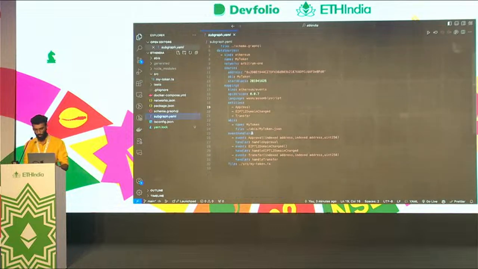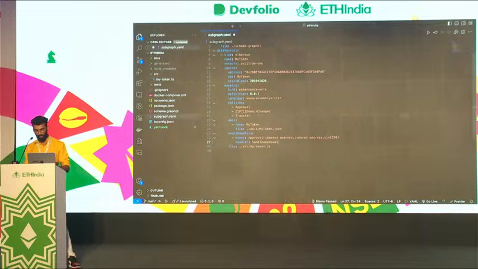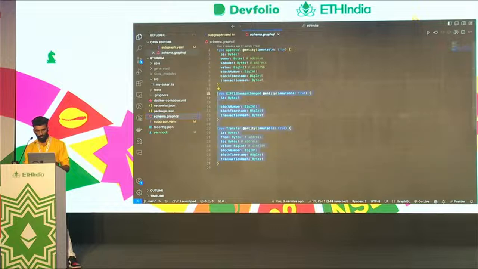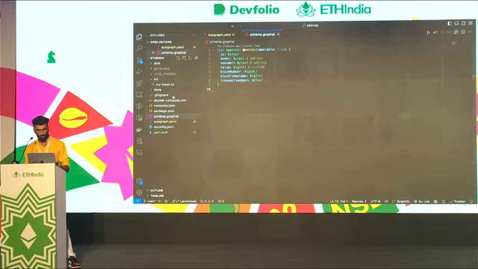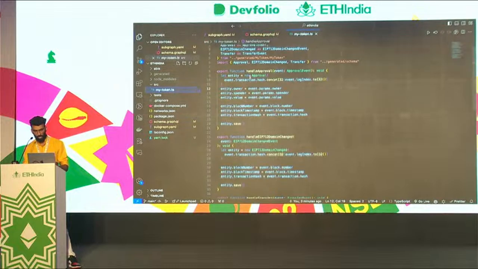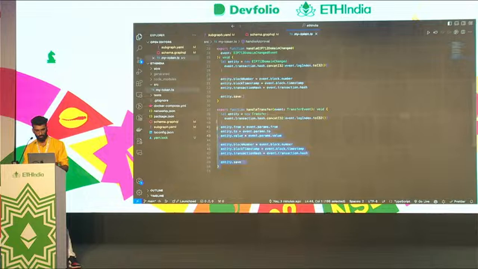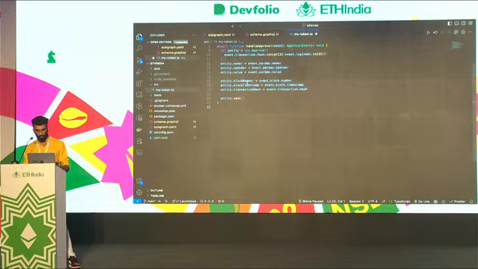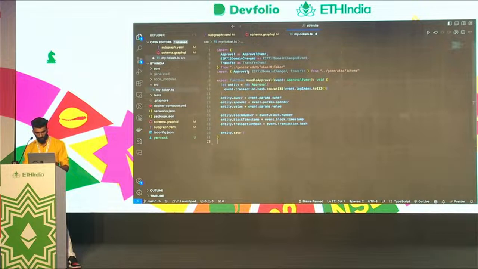But here I'm not looking for all the data, I'm just looking for the approval event. Like if I approve somebody to do transfers, I'll just need that data. So let's just cancel everything else, just approvals. Everything else is not needed, so I'll just delete that. Here as well, just handle approvals, everything else is not required. Okay, cool. We need to also get rid of this, and yeah, then it should be all good.